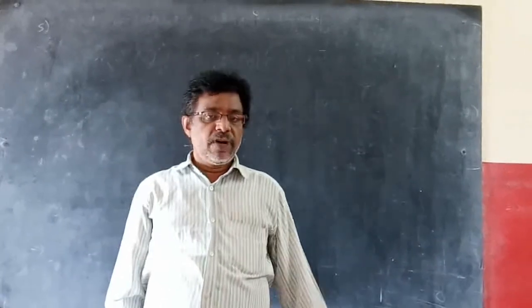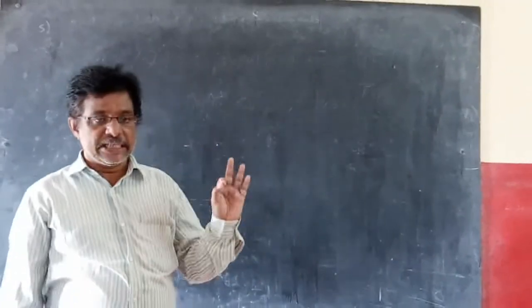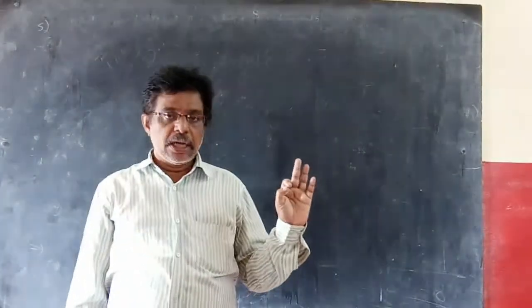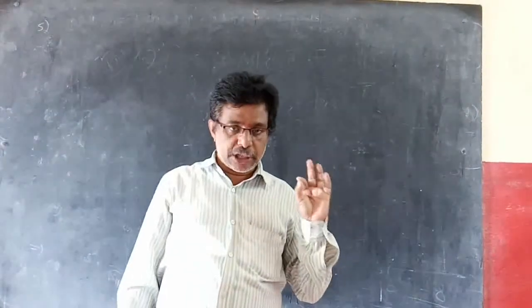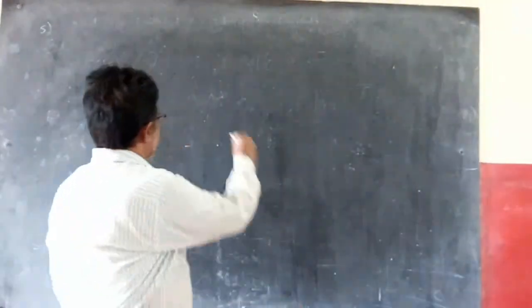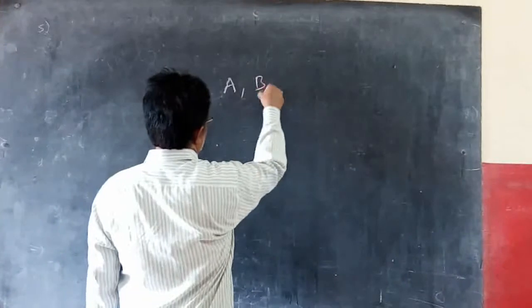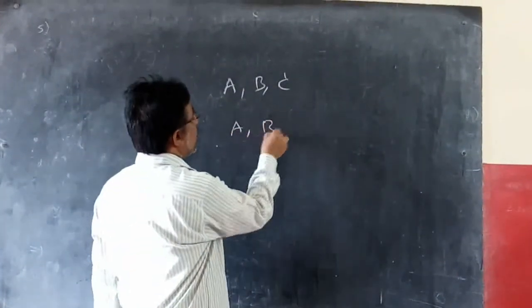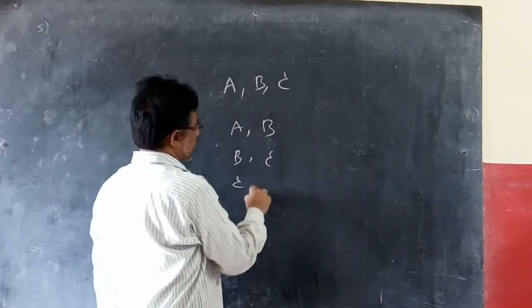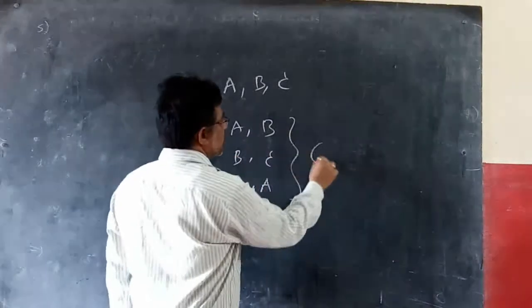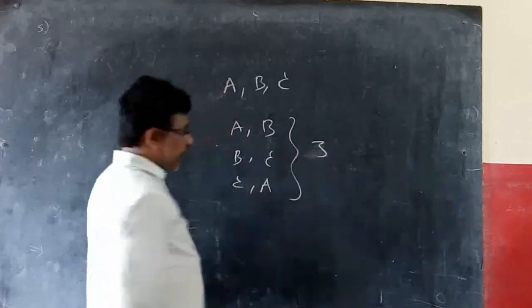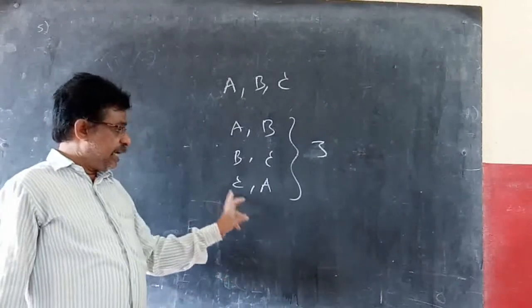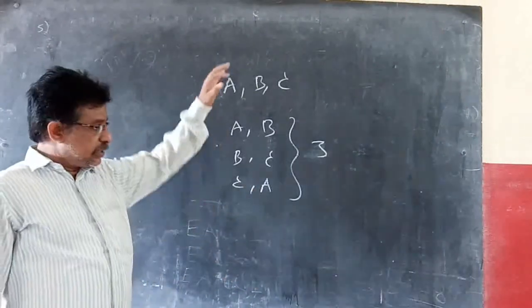Till now we discussed permutations, meaning arrangements. So these are the arrangements you have learned. Next, coming to combination. What is meant by combination? If A, B, C are there, how many ways can you choose two letters? You can choose A, B or B, C or C, A. Only three ways. If you arrange these, then it will be six ways: AB, BA, BC, CB, AC, CA.